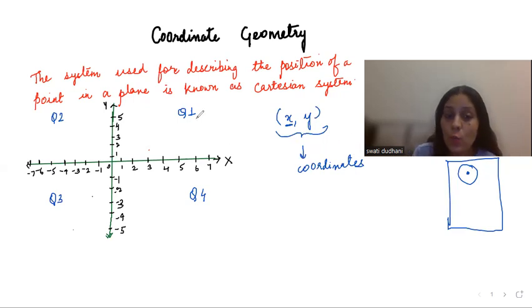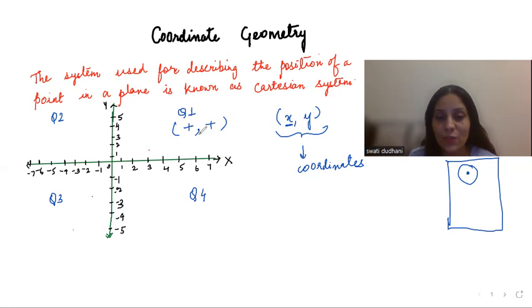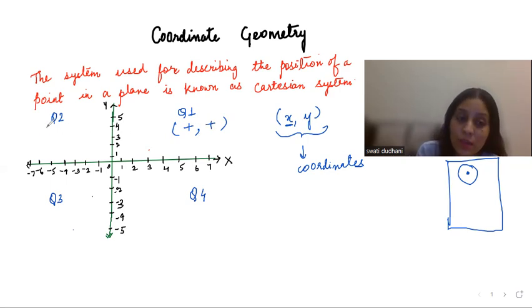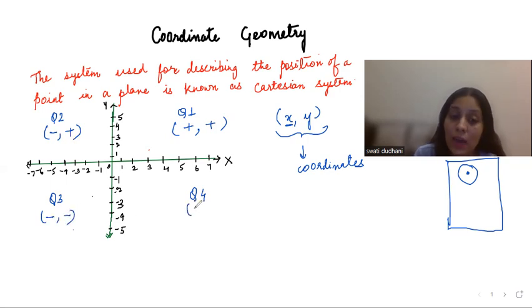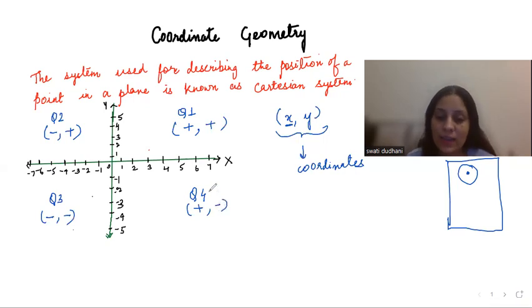Now the first quadrant, if I talk about the x-axis, these are positive numbers. So it will be plus, comma, and next is y. The y-axis is positive. This is the sign convention for the first quadrant. Now, similarly, for the second quadrant, x-axis is negative, y-axis is positive. For the third one, we can see both the axes are negative, and the fourth one, x is positive, y is negative. So this was the sign convention.